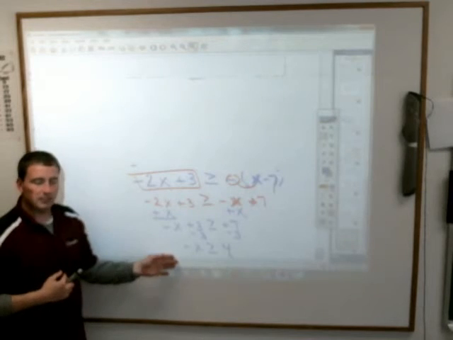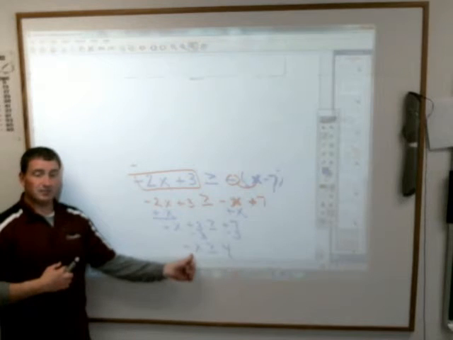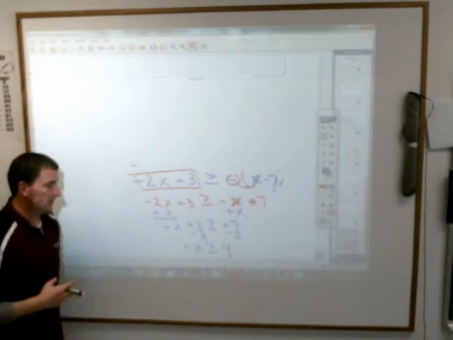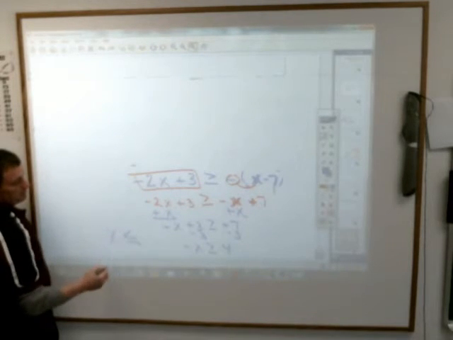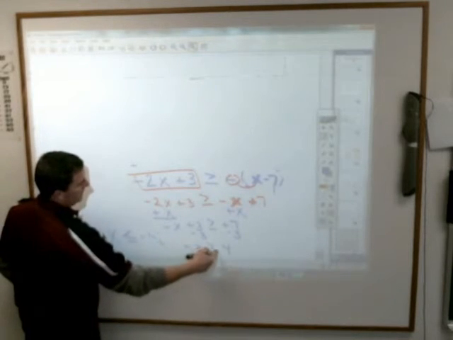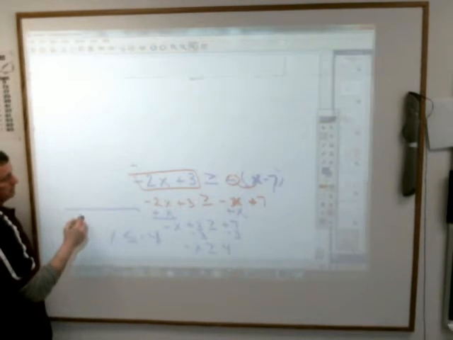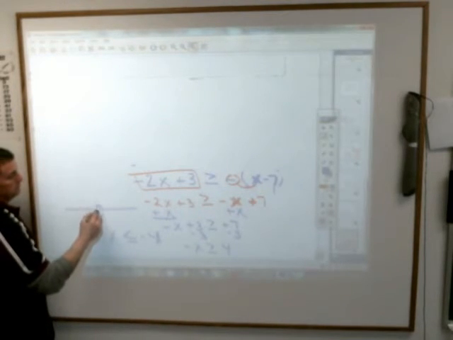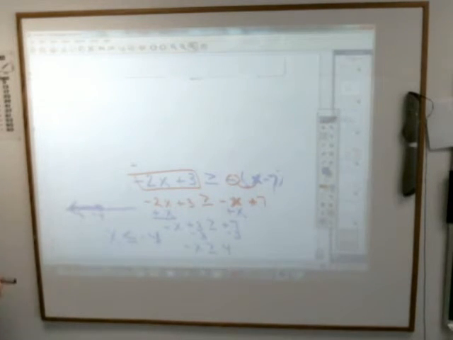And it's at this point here, at the very end, when you get it down to the x term and that number over there, if I have to change the sign of this, I have to change the sign of everything. So it ends up being a positive x is less than or equal to a negative 4. Change it to its opposite, opposite, opposite. And if you were graphing it, it would be at negative 4. Fortunately, we'll get lots of time to work on those. Guaranteed by the time you're in 8th grade, it'll be just like